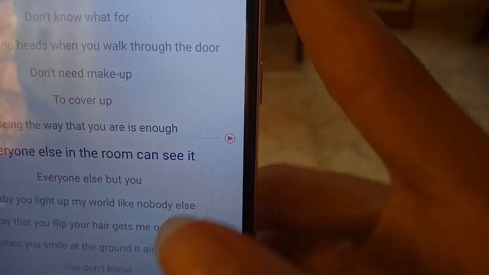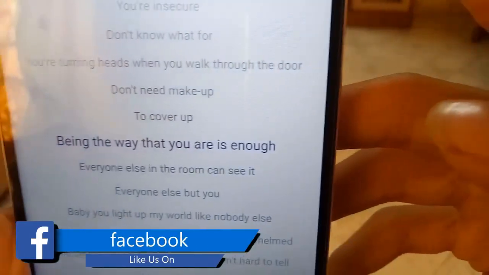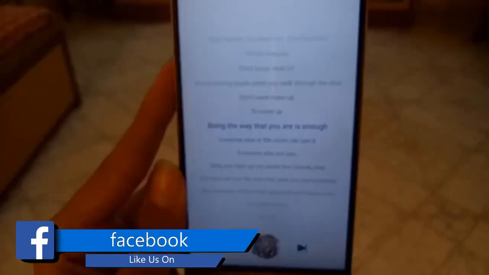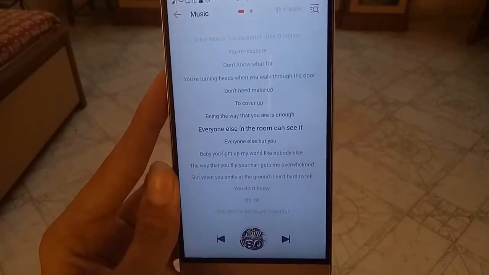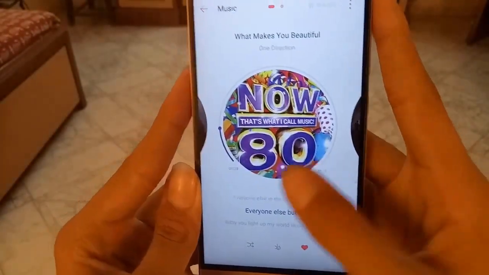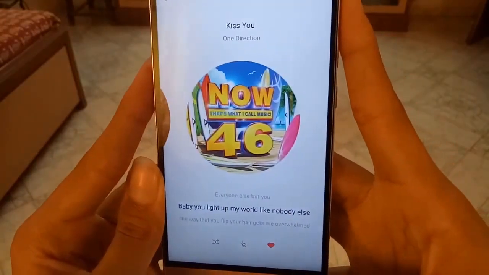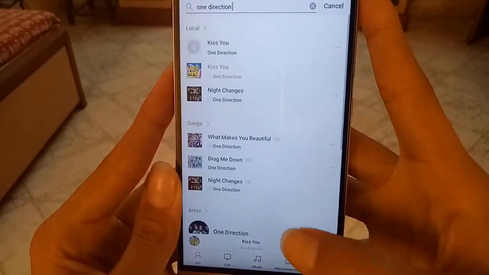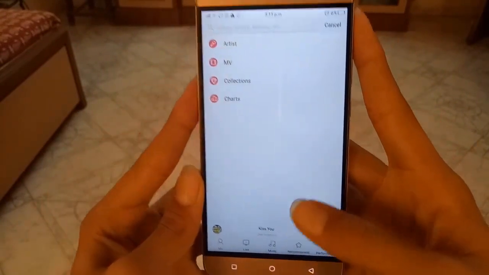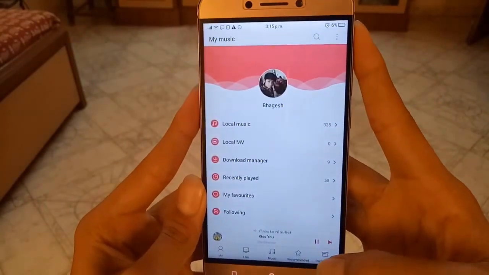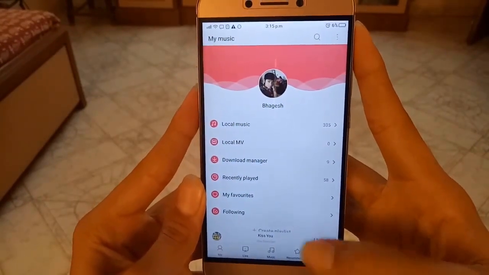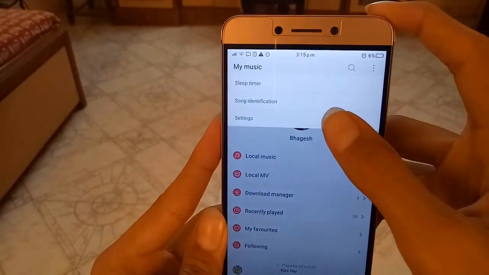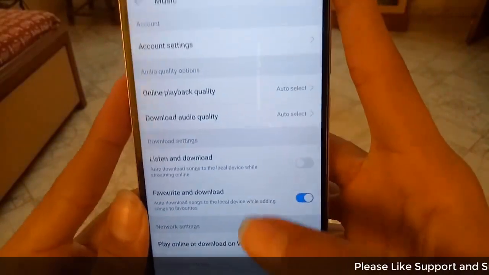Many times it happens that when you play the song, the lyrics don't get highlighted. Many people were having the problem of lyrics not getting highlighted, so the problem is solved now, and you can jump to the lyrics and the song just by clicking the play button on the right side of the lyrics. The main thing is that if you want to get the same music player, you just need to change the region to mainland China. To change the region, just go to input and method, select the region option and change your region to mainland China. It will be India by default, so just change it and you'll get the same music player.